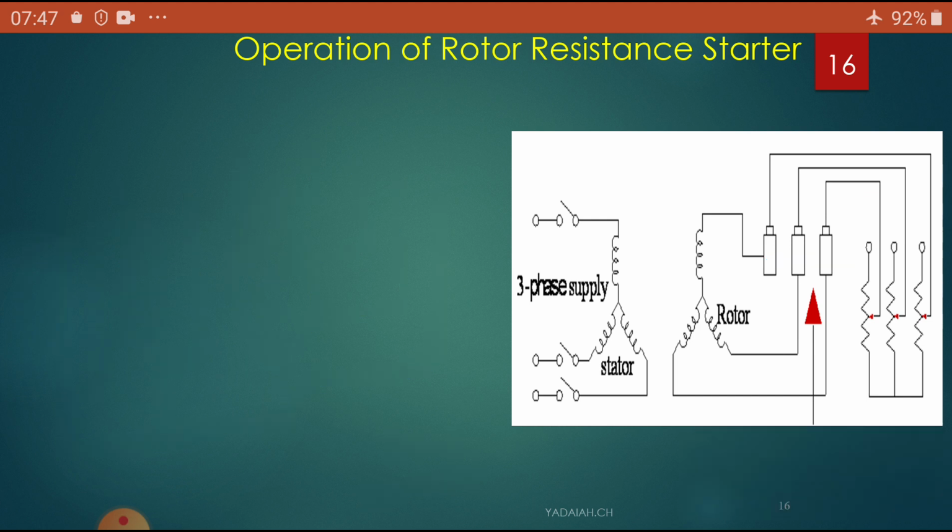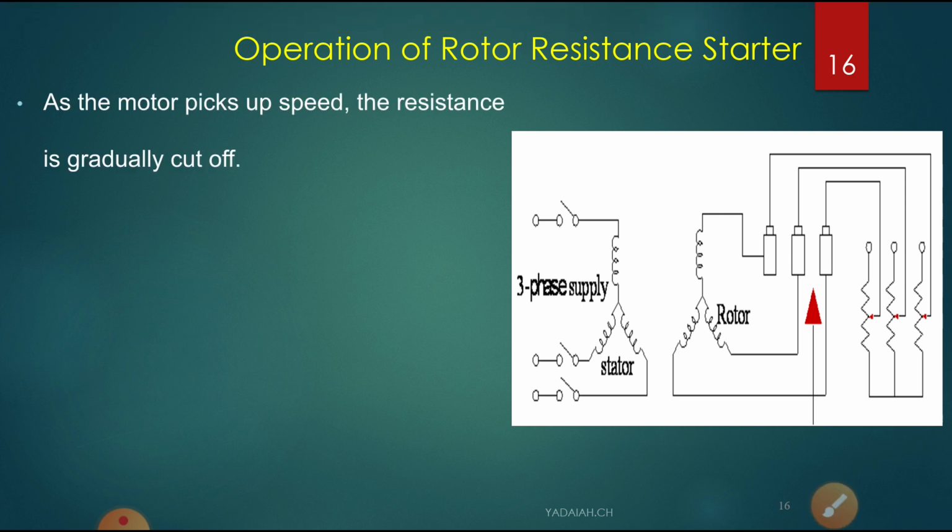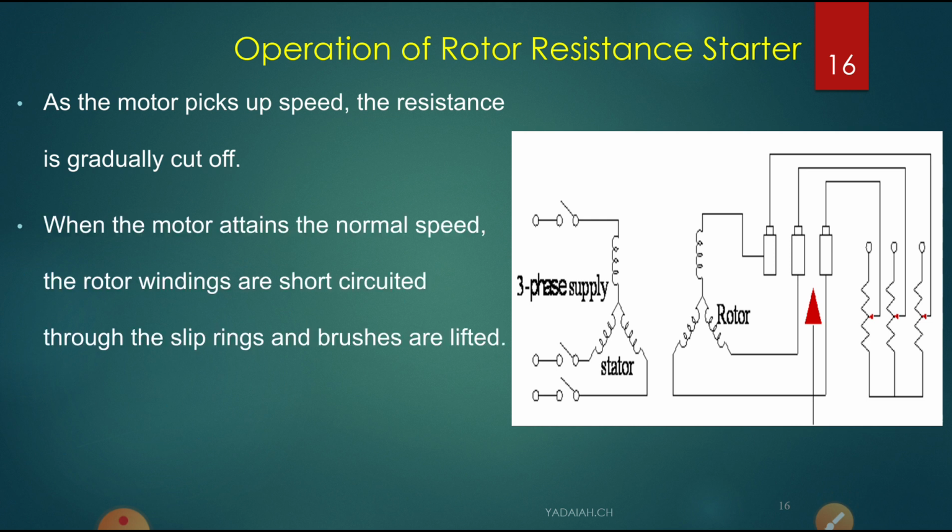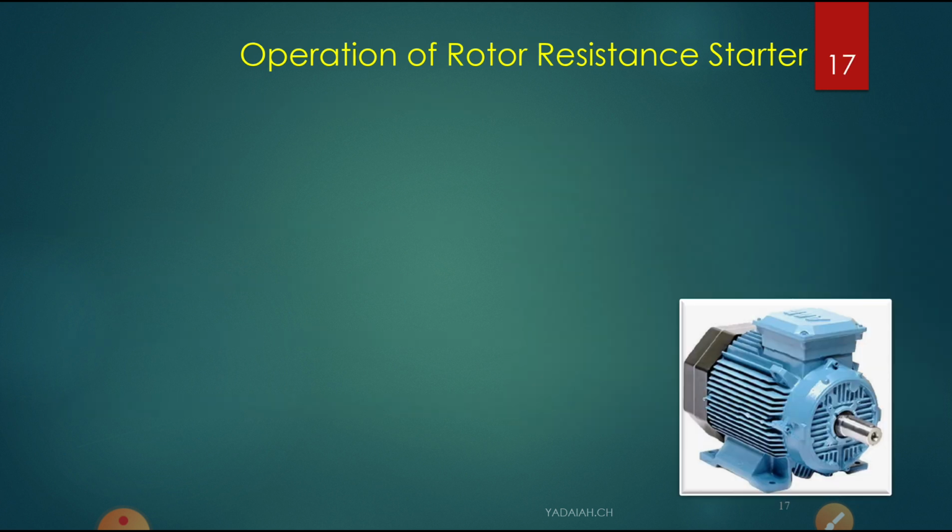So dear students, don't confuse, this operation is very simple. As the motor picks up speed, the resistance is gradually cut off. When the motor attains the normal speed, the rotor windings are short circuited through the slip rings, and there is a mechanism by which the brushes are lifted and disconnected. The operation may be manual or automatic. So this method not only